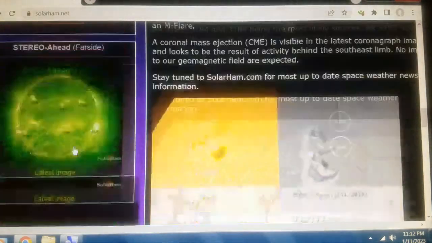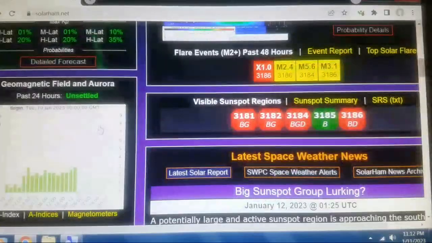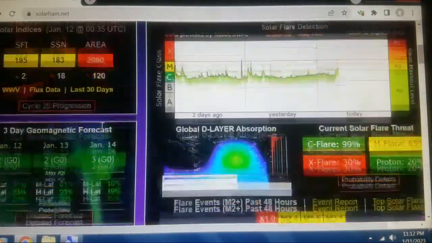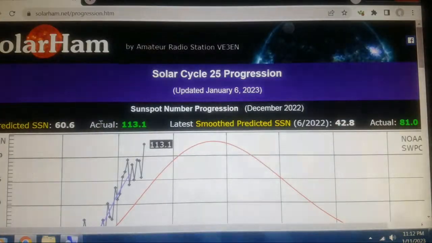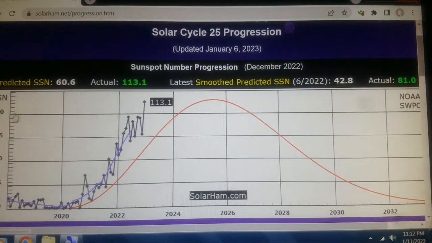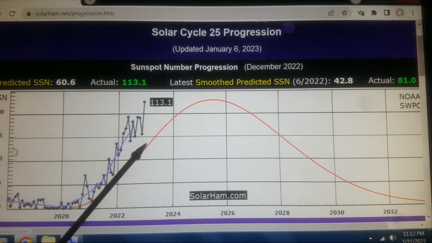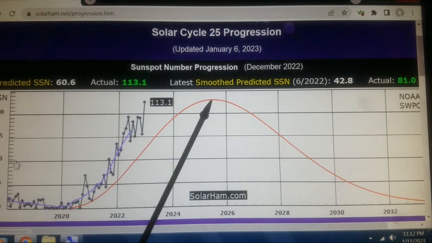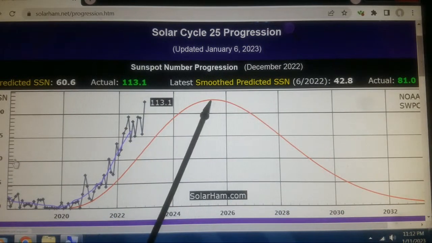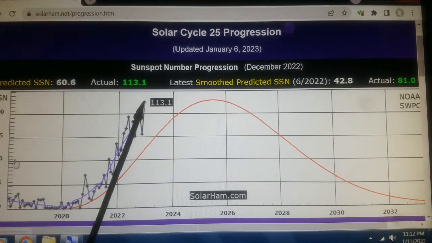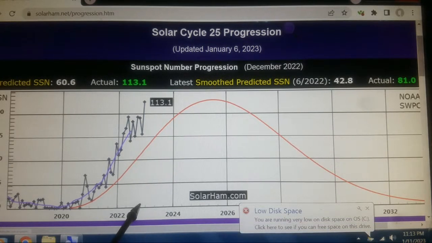Now, something else that a fellow YouTuber, I think you all know, Wages World, was reporting on right here. This is something else that I wanted to report on as well that he pointed out, is here we are with our sunspot progression, okay? And here's our solar maximum due in 2025. We are directly even, or maybe 2 sunspots shy or whatever, of our solar maximum, and we're only in 2023,